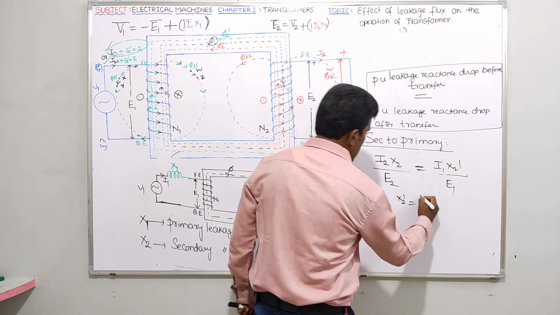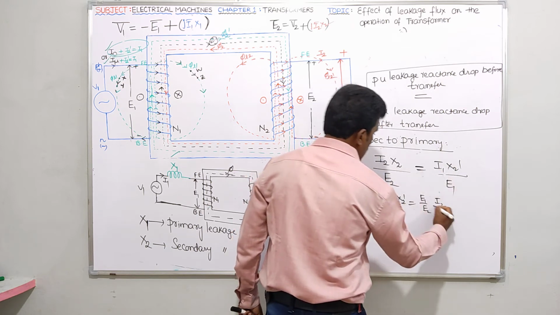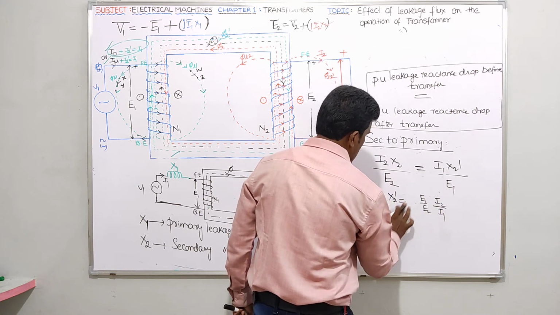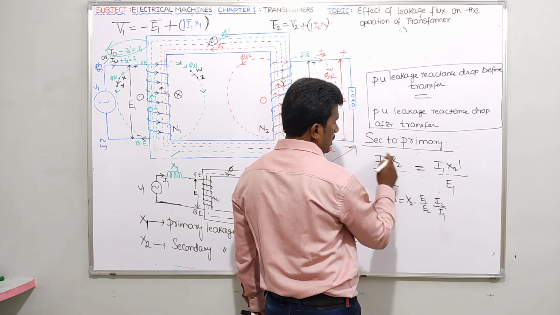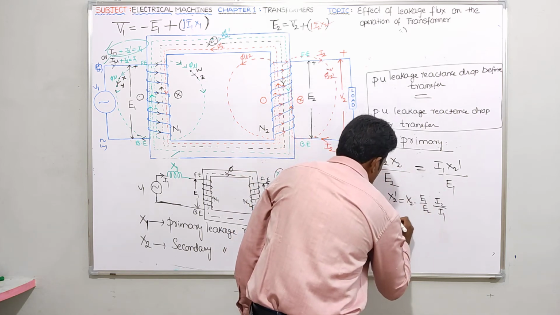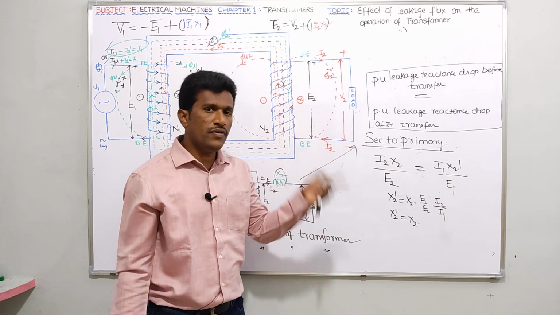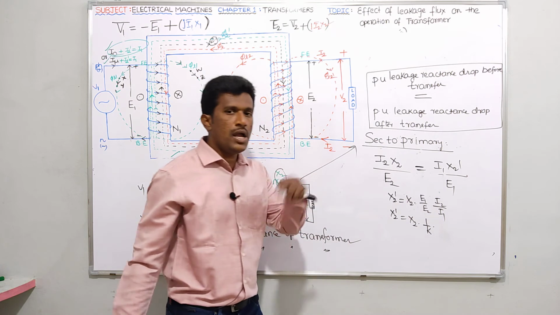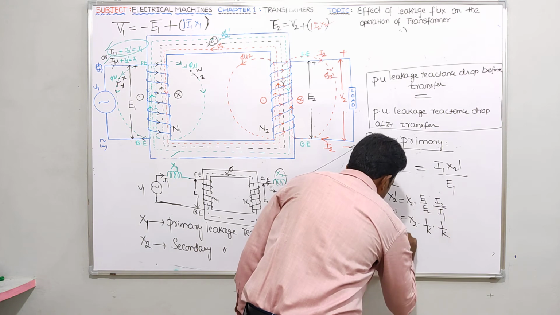I'll take this E1 here, E1 by E2. I'll leave I2 as it is here. I'll bring this I1 here. Don't forget to place x2 also here. x2 dash is equal to x2, into E1 by E2 brought here, and I2 by I1 brought here. So now tell me, x2 dash is equal to what? x2 into E2 by E1 means k. E1 by E2 means 1 by k. And k means I1 by I2, so I2 by I1 means once again 1 by k. So obviously, what is the formula for x2 dash?